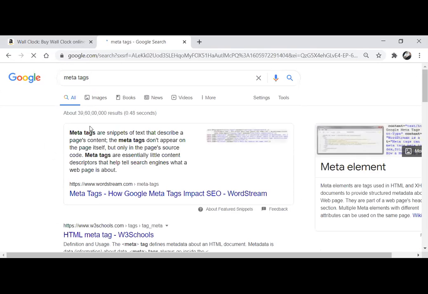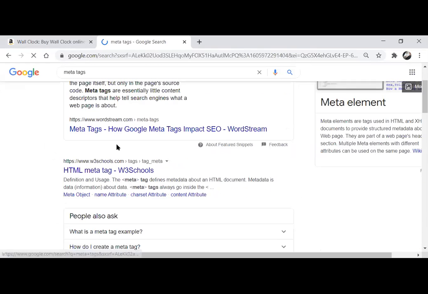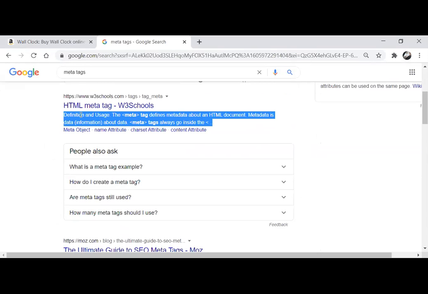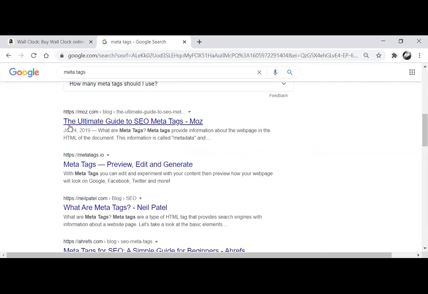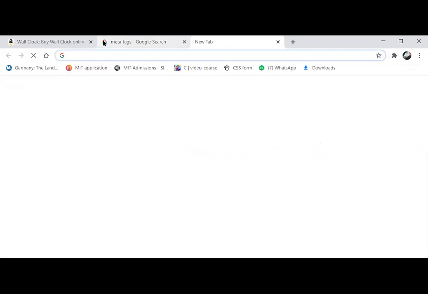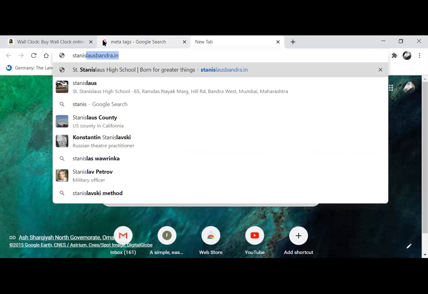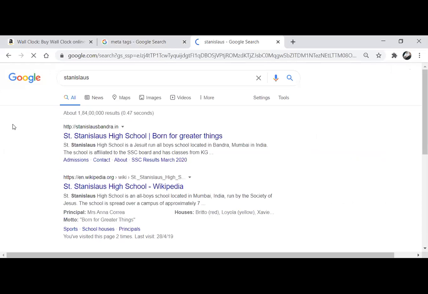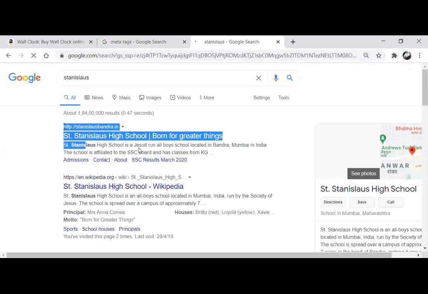The meta tags over here are used for this description. You see over here, definition and usage, this small description of every website. Even if you search for Stanislaus, there will be a small description of the website.